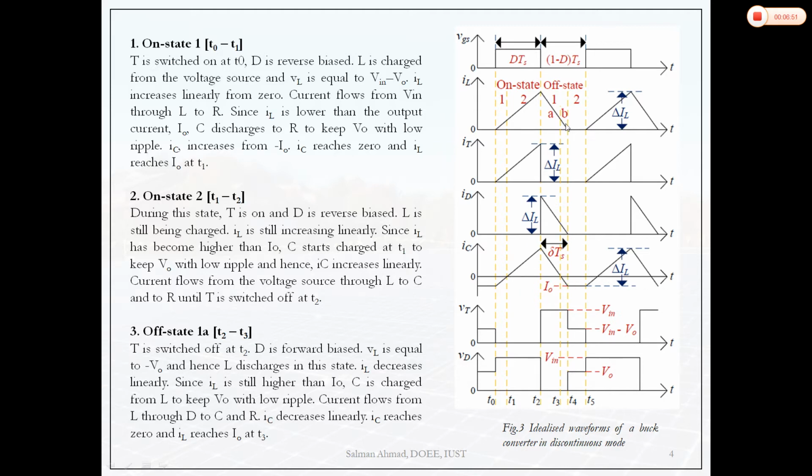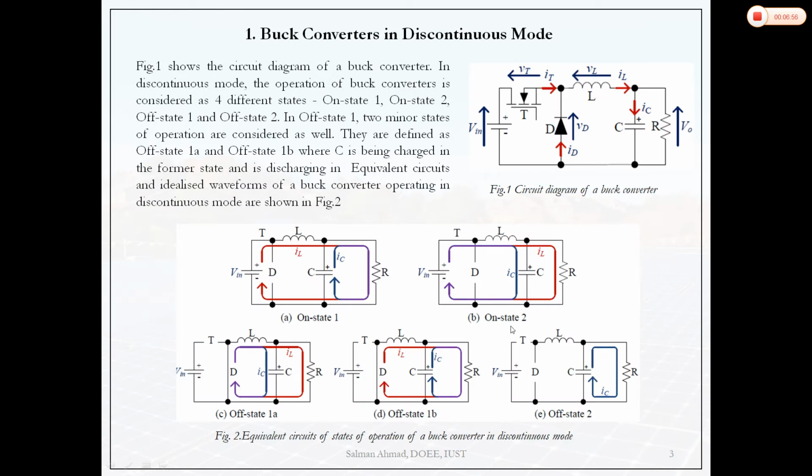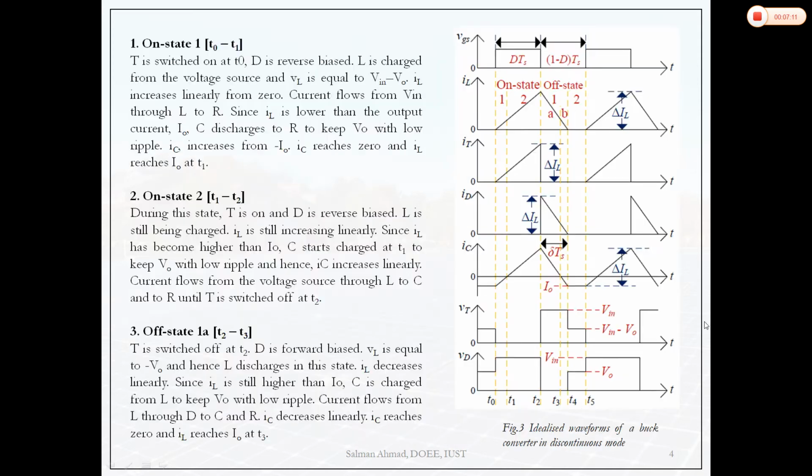During off time you can see from the diagram that when the transistor and diode both are off, the capacitor will supply the necessary current to the load. So IC will be nothing but minus I naught in that case because it is discharging. You will find that whatever delta IL here, the same will be here, only the axes have been shifted. So in the capacitor current also you will get the same ripple.